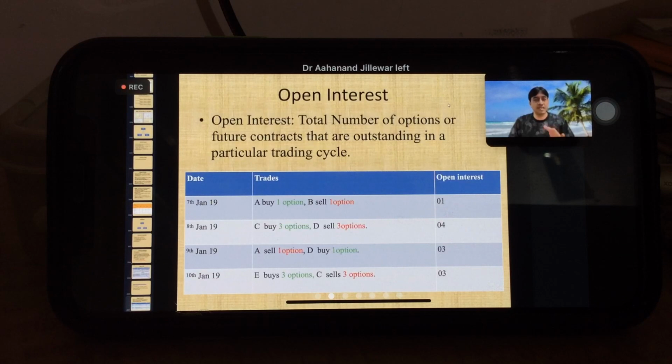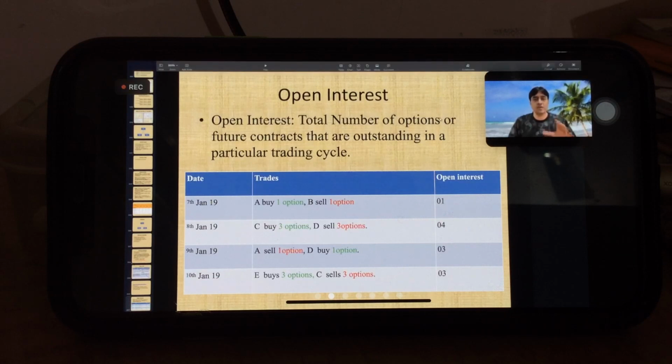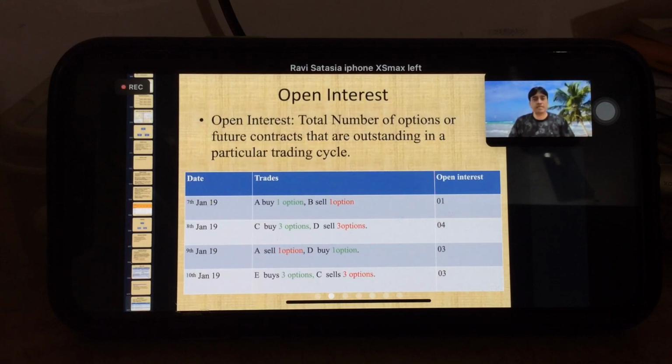Any queries? Because it's really difficult to understand all this. I have just given you an overview. It's available in Zerodha Varsity. You can go and read. I also posted last month that you should read futures and options from Zerodha Varsity for better understanding of the